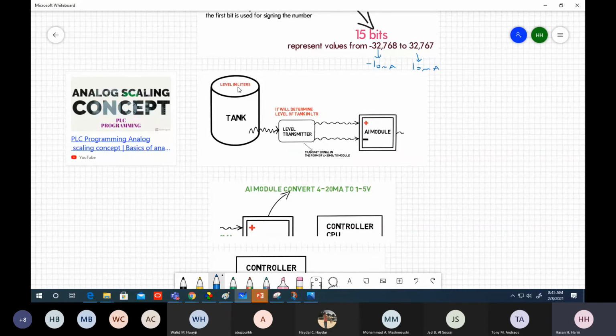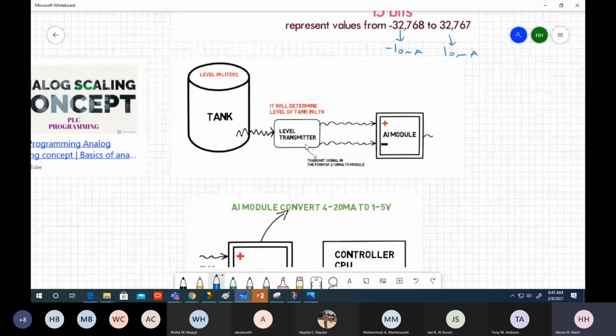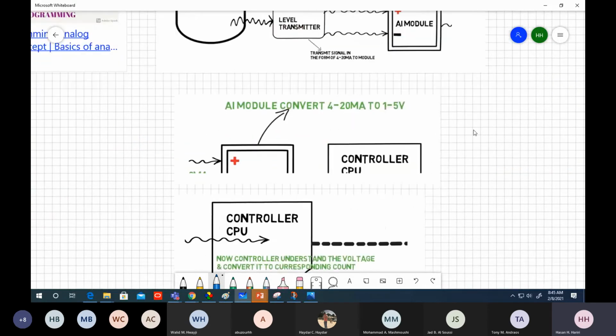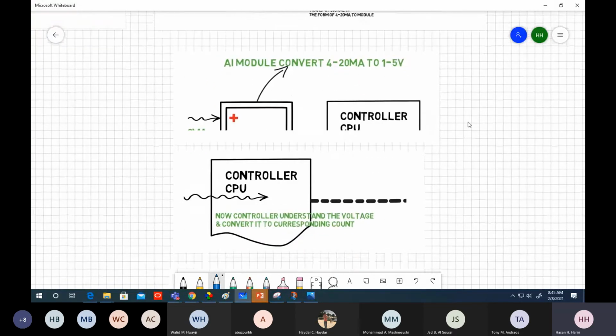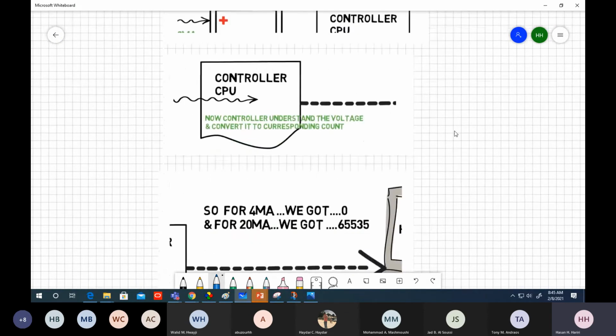They continue like this, the level in letters. It will determine the level of the tank in liters. So the level transmitter actually transmits a signal in the form of 4 to 20 milliampere to the module. That's what we were saying a while ago. Then an analog input module converts it to voltage, and this voltage will be converted to digits,